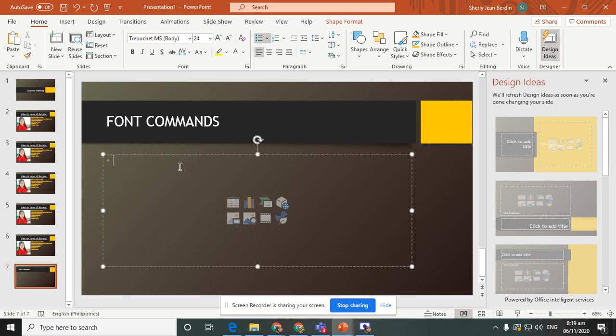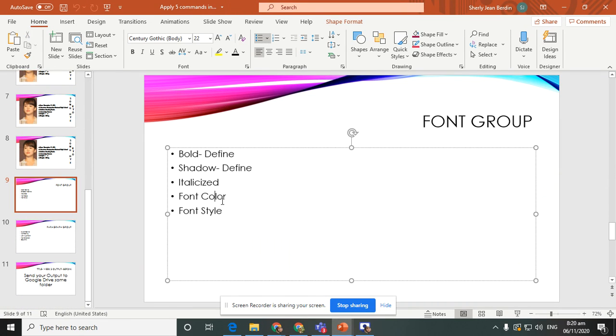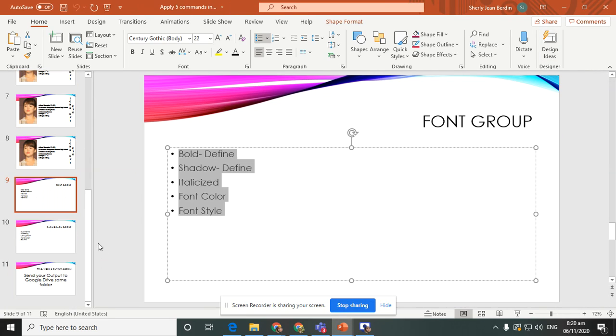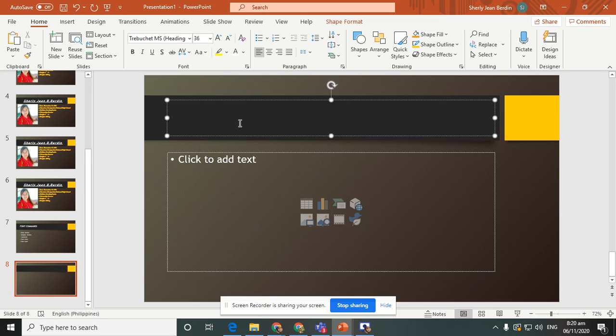Right there, the commands that we have utilized in the presentation. For example, here I utilize these commands from the font group, and I also utilize these commands in the paragraph group.